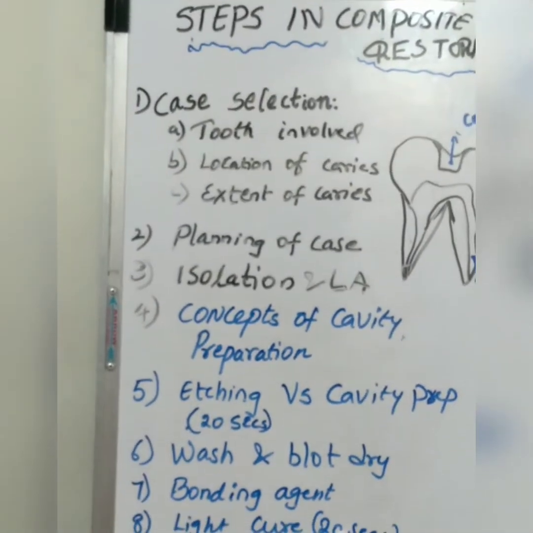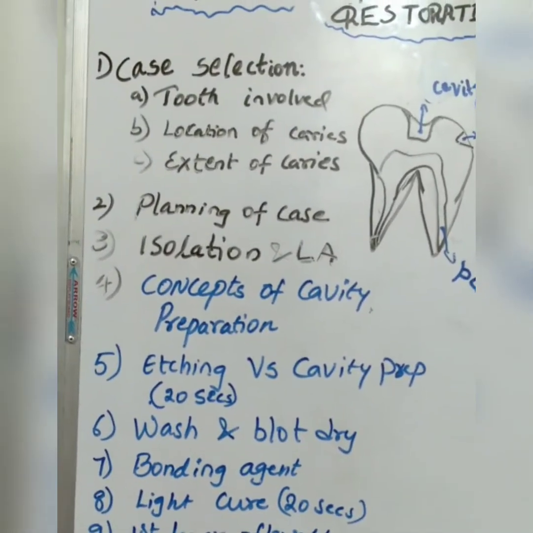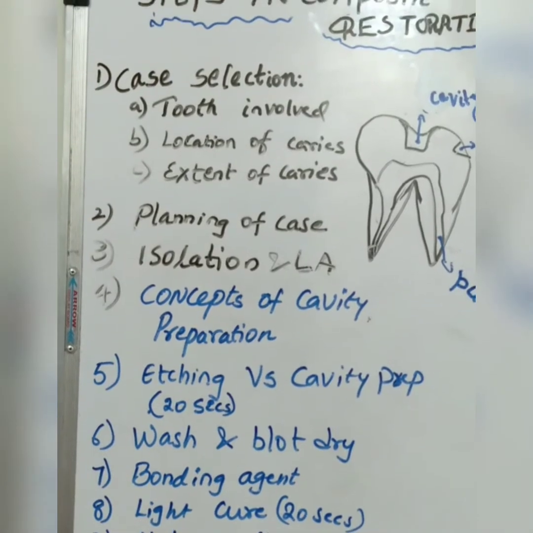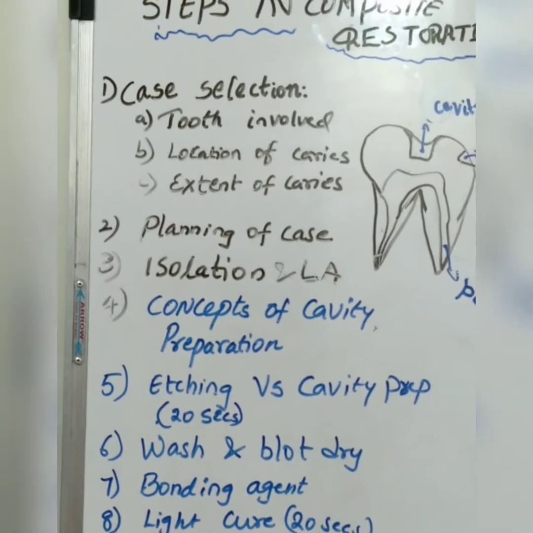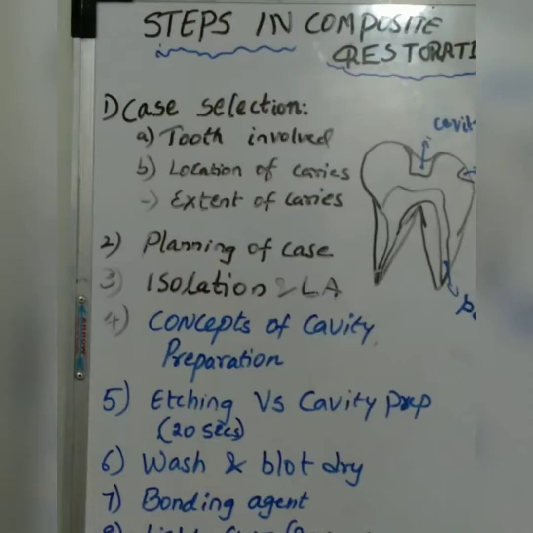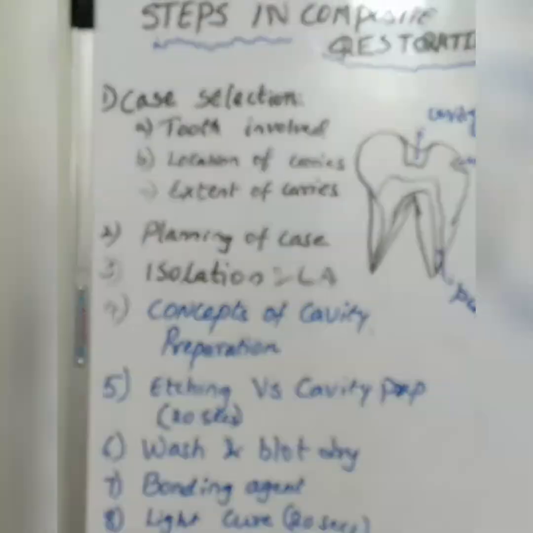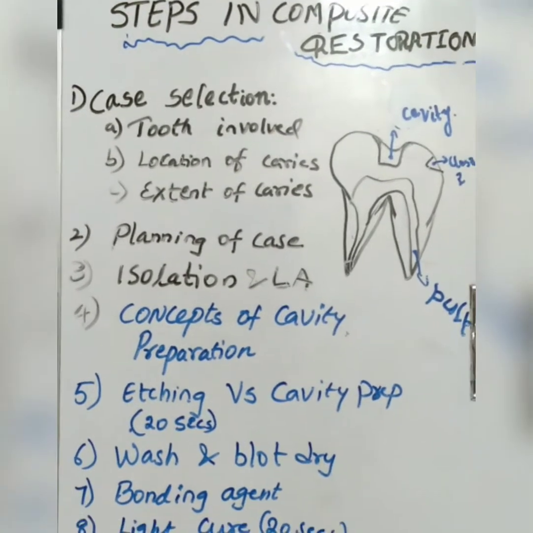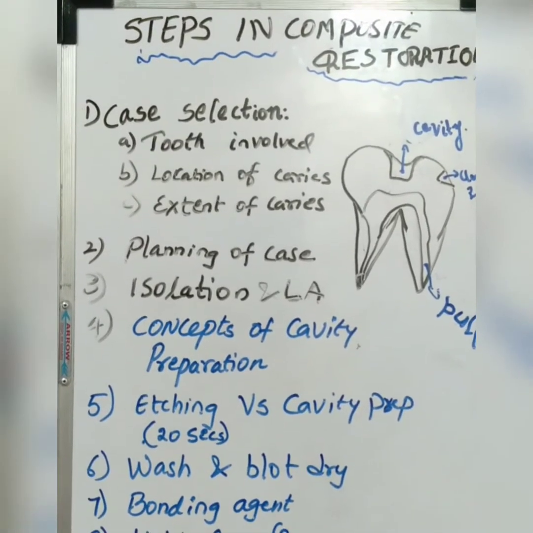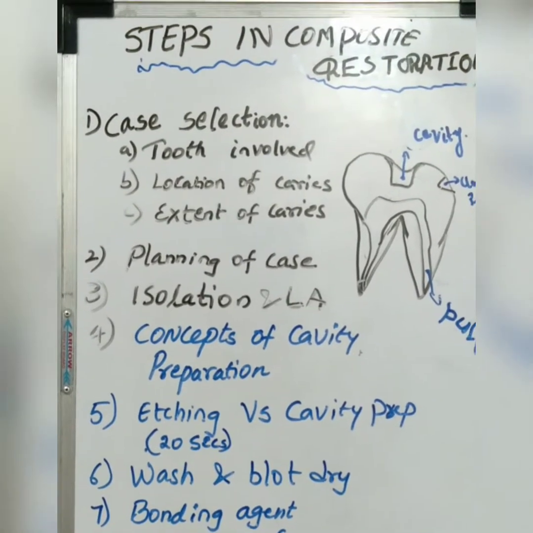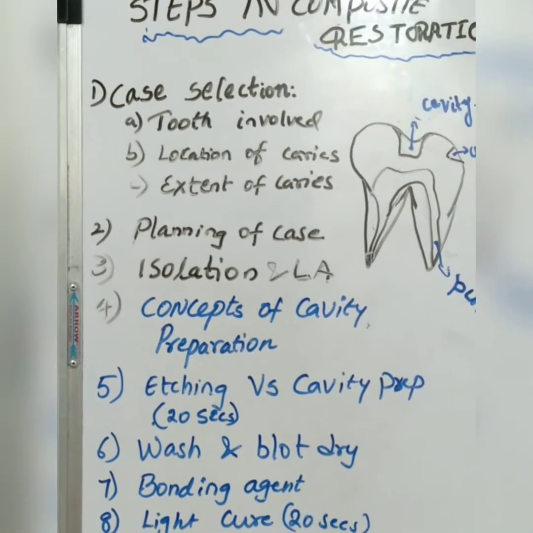Once you have achieved that, then you have to place a first layer of flowable composite. The reason we select flowable here is so that it can creep into all the corners. Over that, place a small amount of bulk fill or packable according to your planning, and condense it, so that when you condense the bulk fill or packable, the flowable starts moving towards all the corners. Once you have completed that, then do the light cure. After completing the light cure, complete the cavity.